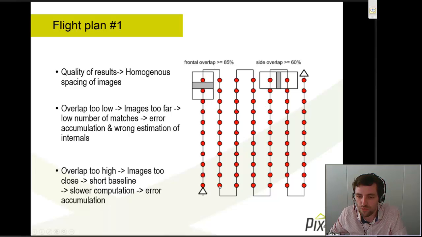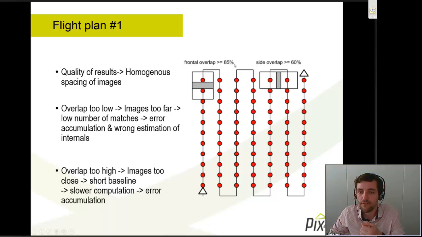So you will want to reduce the distance you fly, and the best way to do that is to make these lines as wide as possible. To increase the amount of surface you can cover and to maximize the speed at which you acquire the images, what we recommend is to put the camera in the same direction as your flight plan,